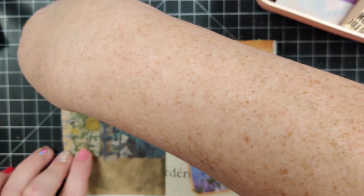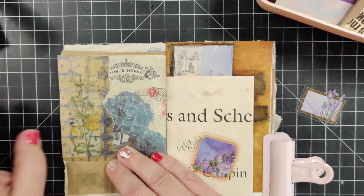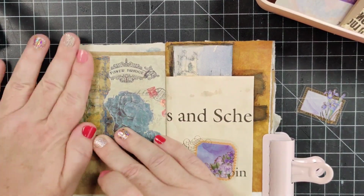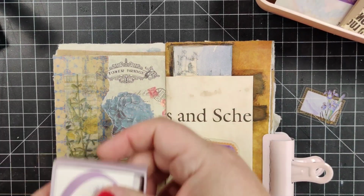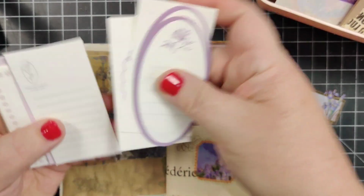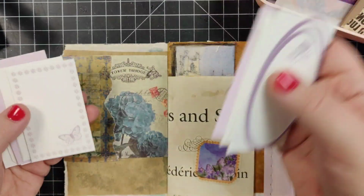It will most likely pucker this. Yeah, it's a little hard to see, but you know, I think it'll be okay. That's just a background. So what shall we add on top of it? What about kind of a label? I wonder if these are too big though. These might be slightly too large for what we're doing here,